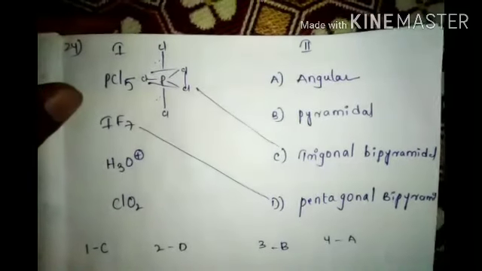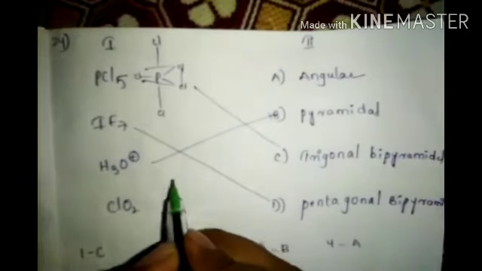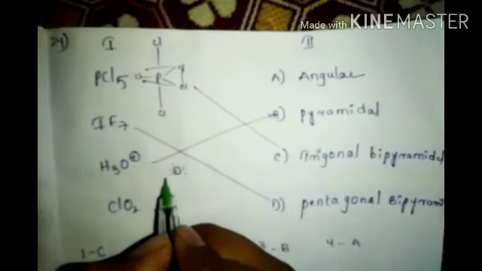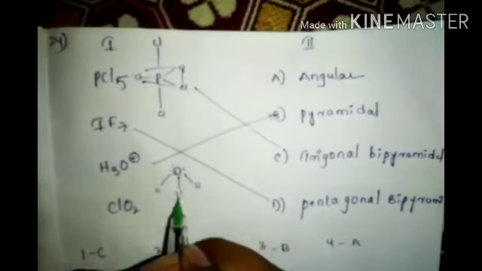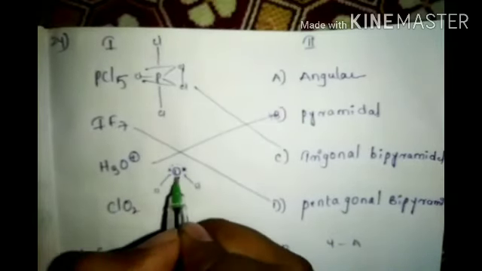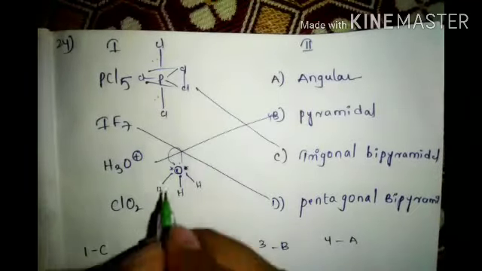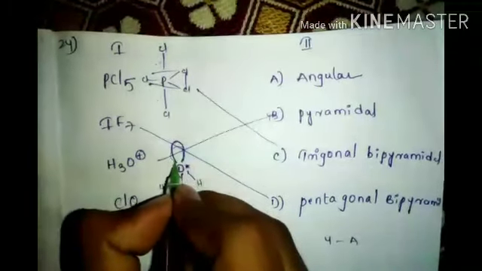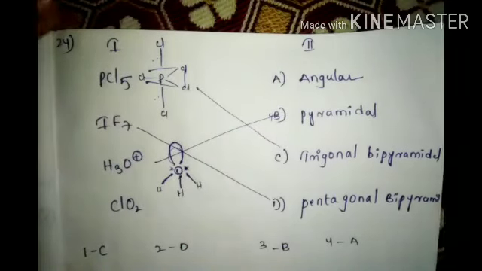H3O plus. Third one, pyramidal shape will come. Okay. Pyramidal shape. Around oxygen 1, 2, 3, 4, 5, 6. One is hydrogen, one more is hydrogen, one more also hydrogen, and this is cancelled because it lost. That's why the positive charge will come. It has a lone pair. This is pyramidal shape. Okay, pyramidal in shape.